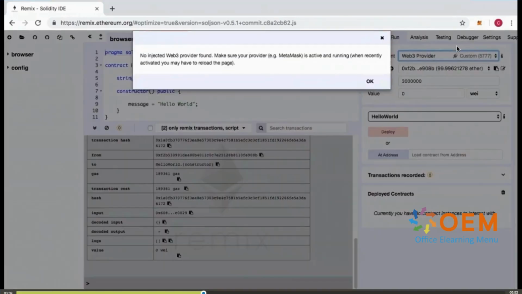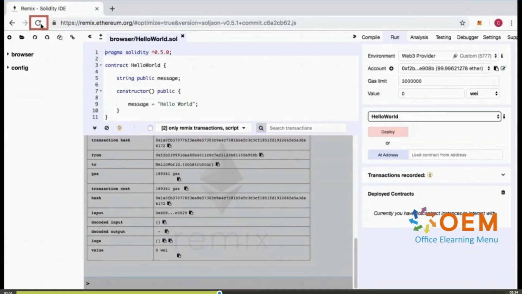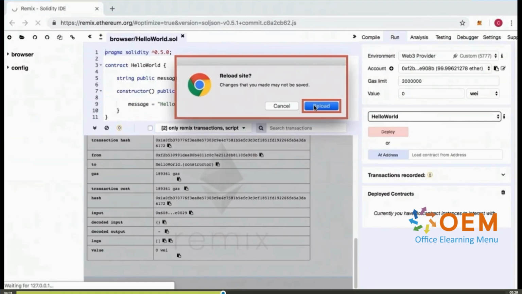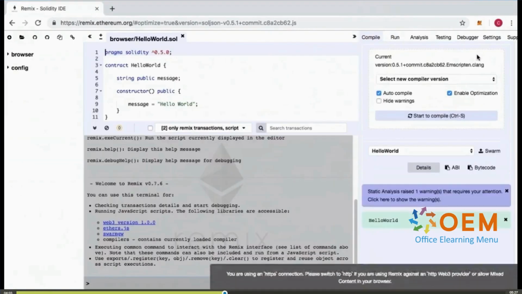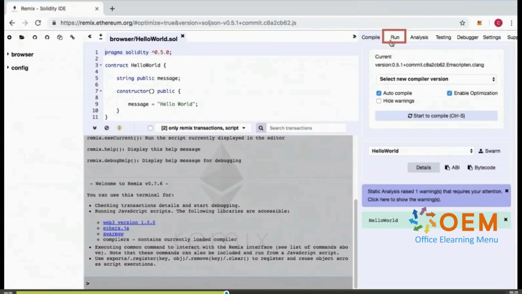So when we select this option, we are notified that there is no injected Web3 provider. The reason for that is that this page does not have the injected Web3 because it was loaded prior to our installation of MetaMask. So we can just hit OK over here. And then when we refresh this page, we will be prompted for a confirmation of the reload. And when that is obtained and the page is indeed reloaded, we can head back to the Run tab